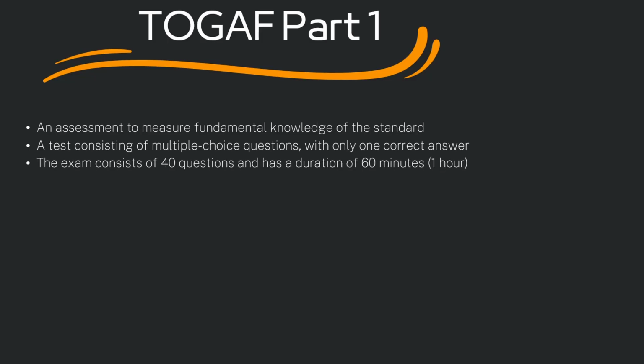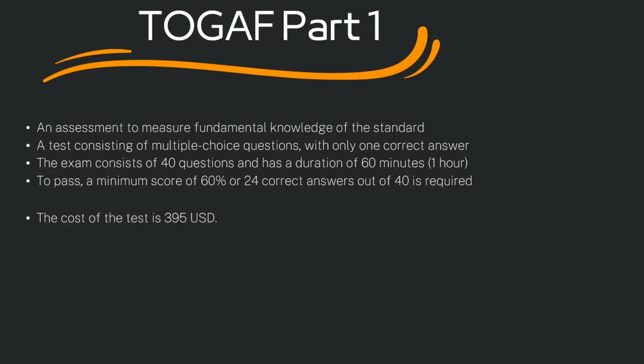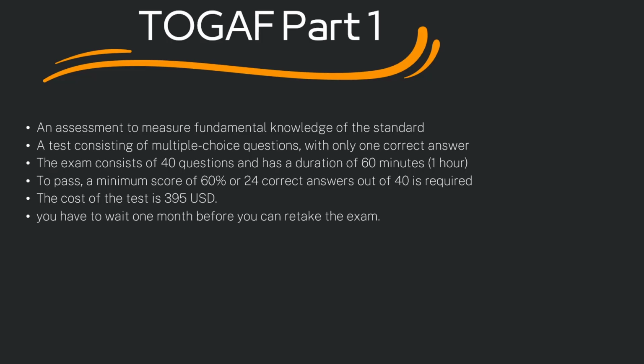The exam consists of 40 questions and has a duration of 60 minutes. To pass the exam, a minimum score of 60%, or 24 correct answers out of 40, is required. The cost of the test is $395. You have to wait 1 month before you can retake the exam. Exam number